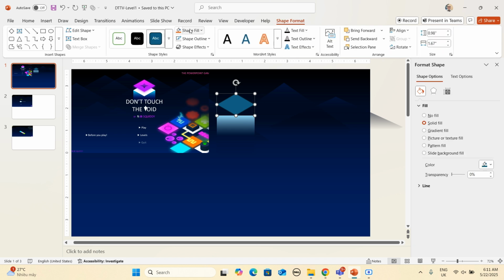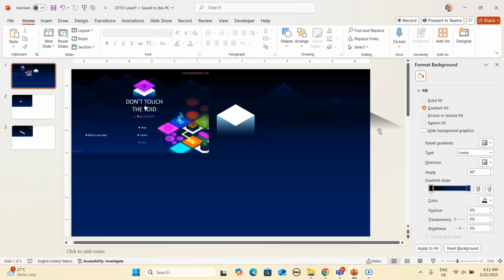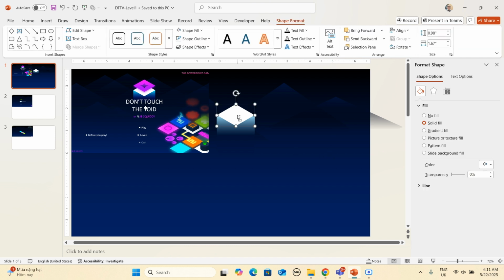Okay, and we're going to make this a white color. Let me take the outline away. Okay, now we're just going to drag it into position. So it kind of looks like this. Okay, absolutely perfect. All right, and then for the purple one, we're just going to copy this one more time,